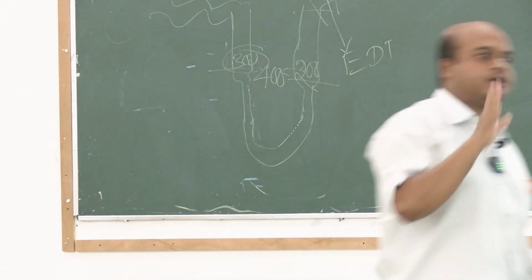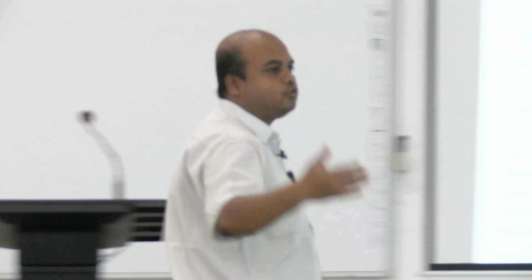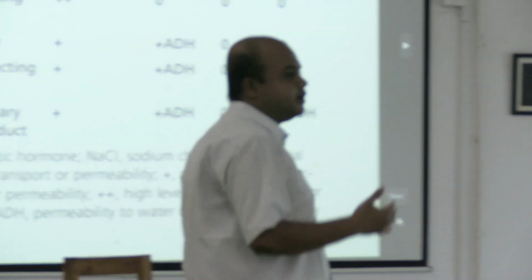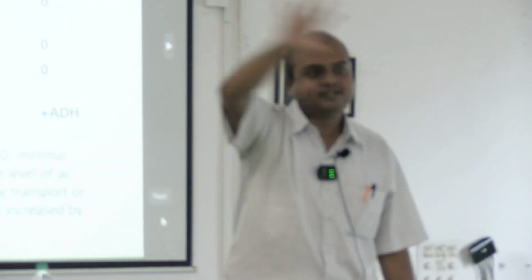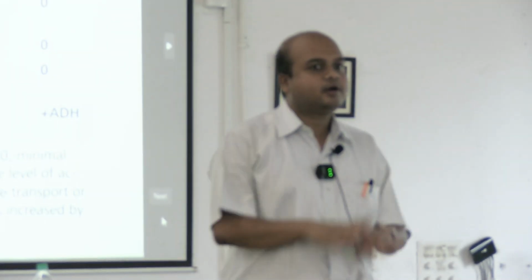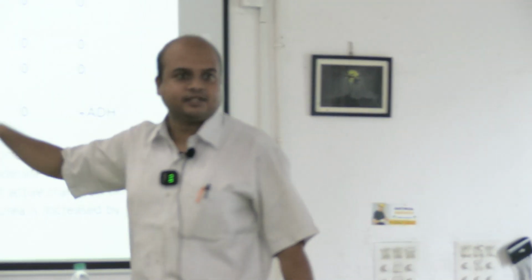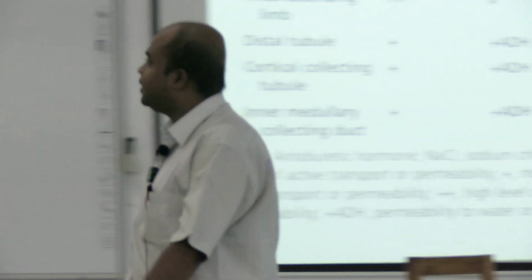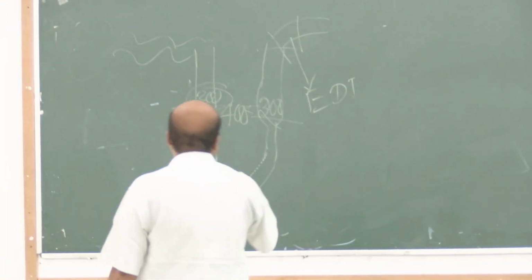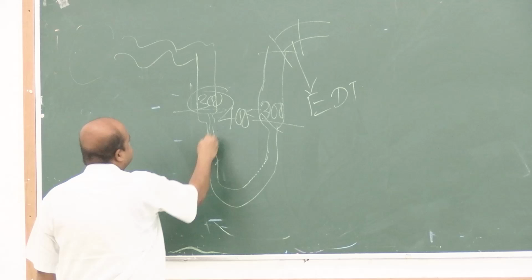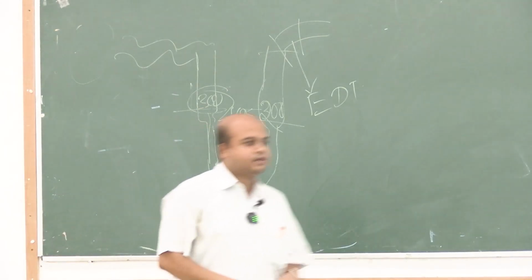But first, one becomes 300 to 200, and if we assume there is no transport going on, the medullary interstitium is also 300. But as soon as NaCl goes out, it becomes 200, and the interstitium becomes 400. And what immediately happens is that, I should have drawn it a little clearer. What immediately happens is that